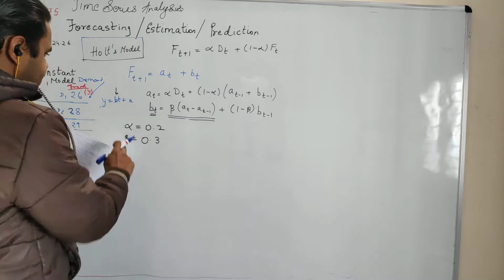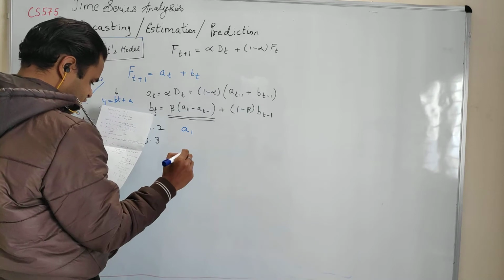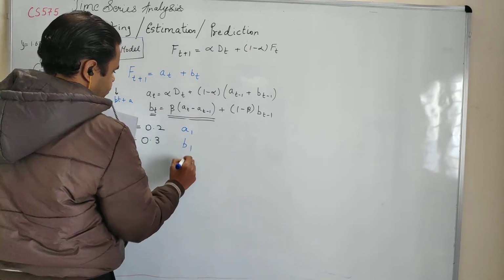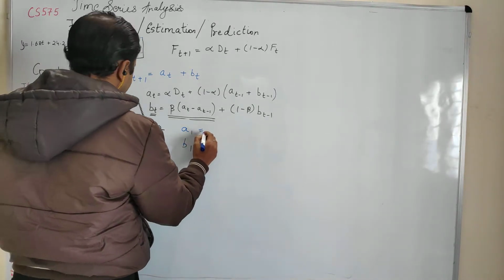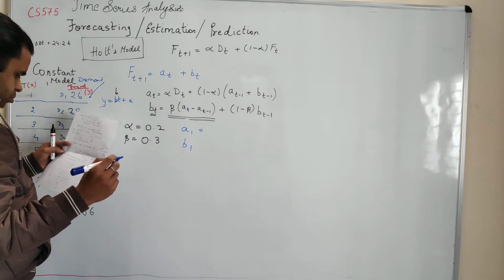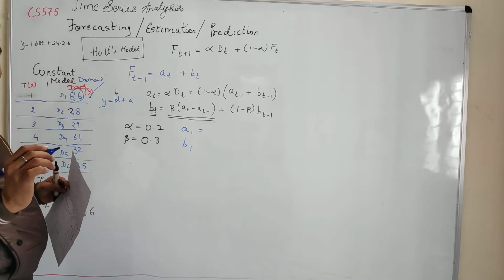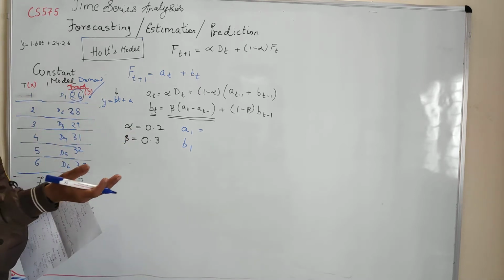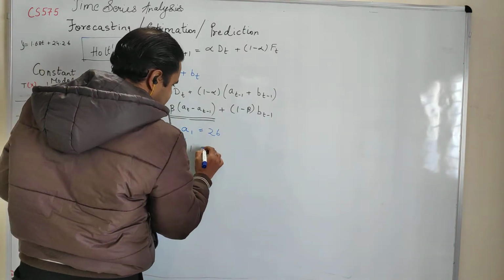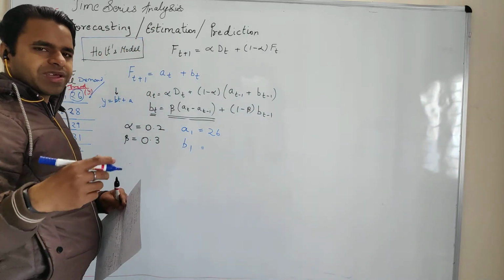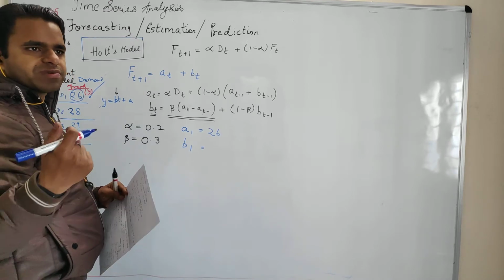So what we do, we have alpha and beta, and along with that we take the initial values of a1 and b1. For the initial value of a1, we can take the first value of that term. It's not a rule, there are some other methods also, but for simplicity we are just taking a1 to be the first value here. So a1 is 26. Remember, in exponential smoothing, you took the mean of the sample and gave it as the first value, f of t.